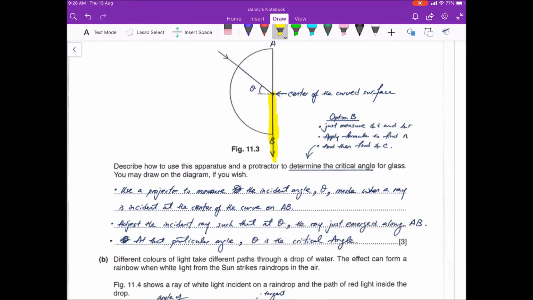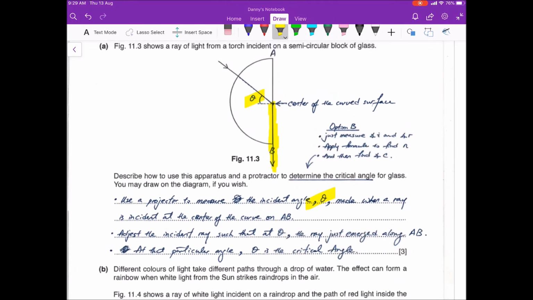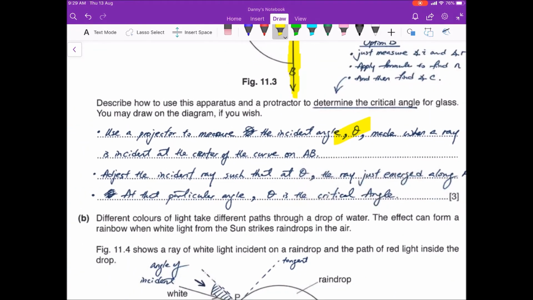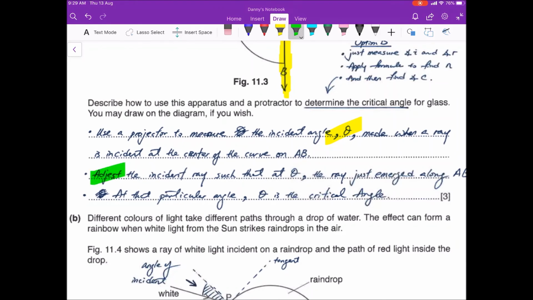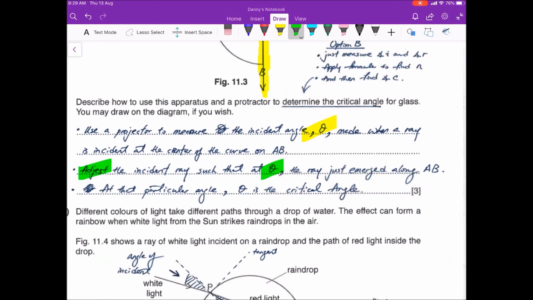So first, you need to identify the angle that you want to measure, which is your theta here. You need to label it. And then you need to tell the reader when you are going to stop shifting this light. So this is what I suggest you do. The keyword used is adjust: adjust the incident ray such that at this particular angle theta, the ray that is emerging from AB is along AB,